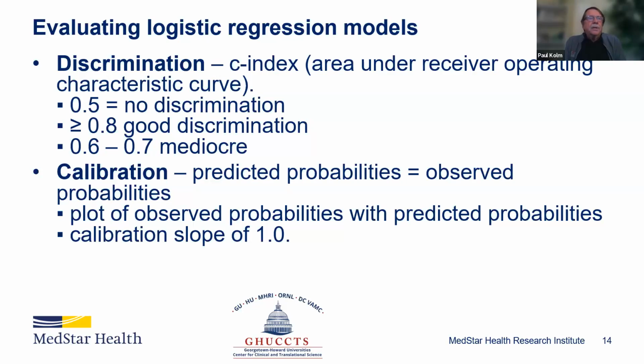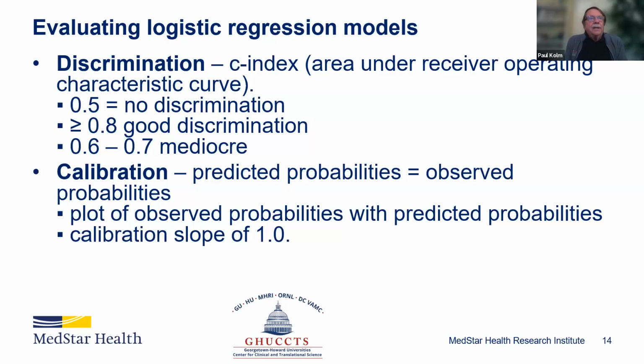And this is kind of a matter of interpretation, but in my view, if you get a C-index of 0.6 to 0.7, it's kind of mediocre. Although I have seen articles where they call a C-index of 0.6 something really good, which I don't think is the case. But anyway,